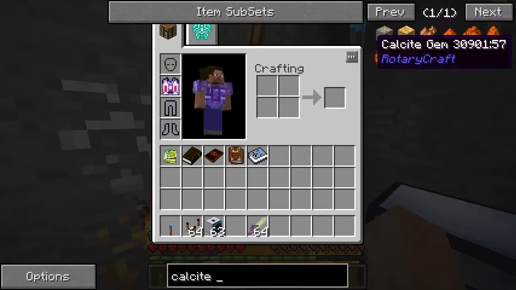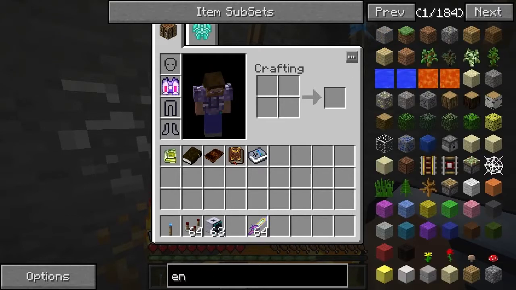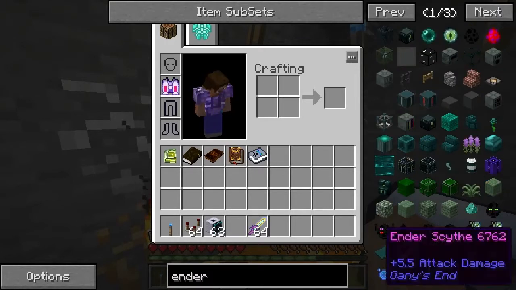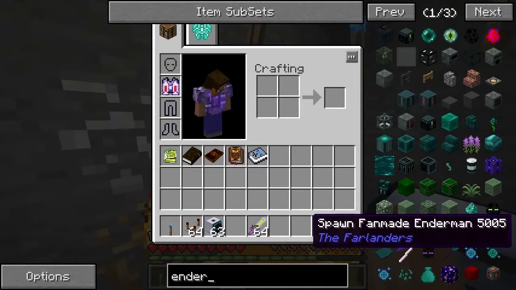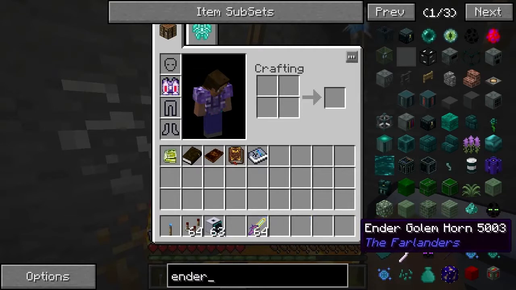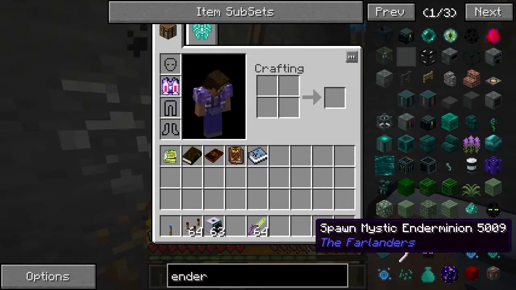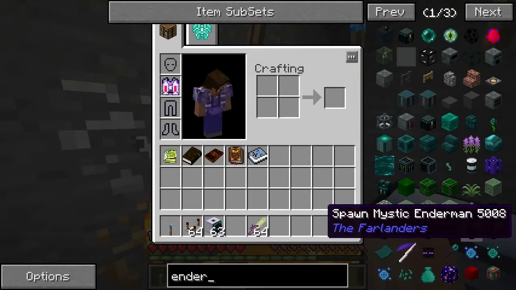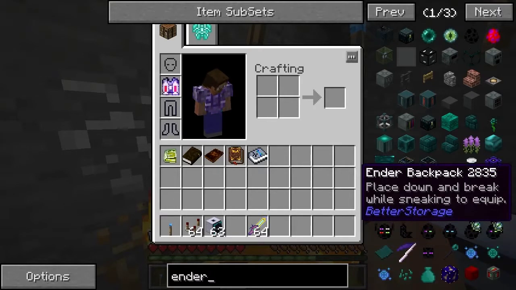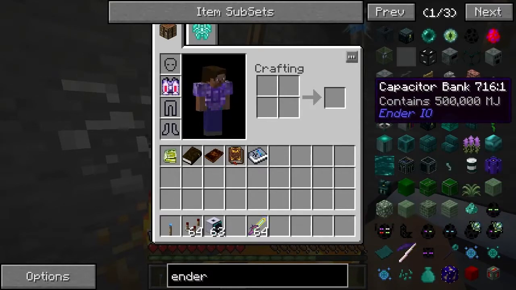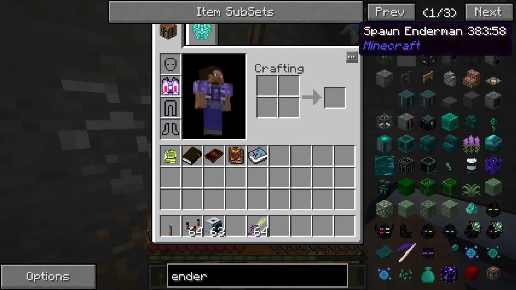Again, well, actually, now I think about it, when I looked at RotaryCraft, there's actually ReactorCraft. I think it's actually set up by the same thing. Some of it is actually from the same thing, which I didn't quite realise. There's also Ender Forest, because there's quite an abnormal amount of Ender stuff. There's all these Ender minions and from the Farlanders mod. And there's also a lot of stuff from Manganese mod as well. Better Storage, it's got the Ender Backpack, Ender IO, of course. So there's actually quite a lot of